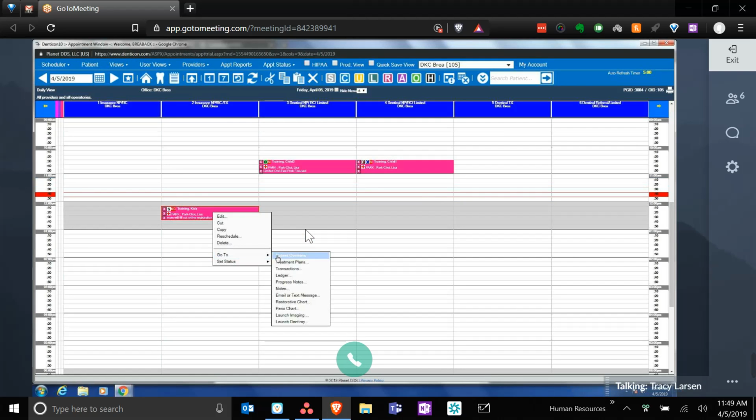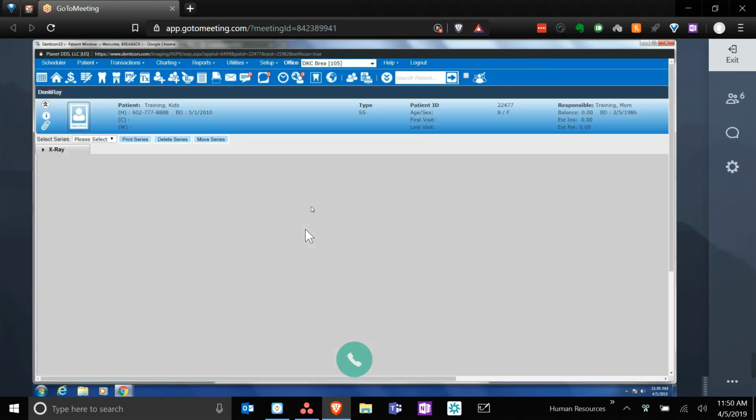Okay. Now the other one that's going to be important for you guys is the digital imaging. We're trying to get Denticon Web hooked up so that you can take images inside of the cloud application. And you can bridge right to X-ray from this patient's appointment by clicking Launch Denticon. See where it says Launch Denticon? So you could go right in and look at their appointment. It's not linked yet, but that's where you would be able to go in the future,